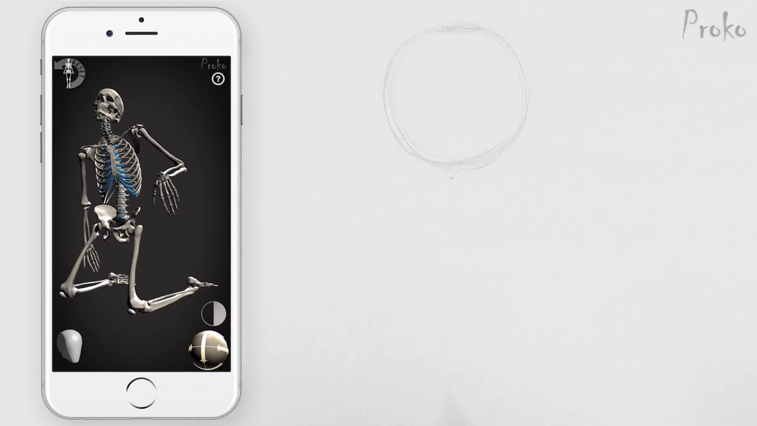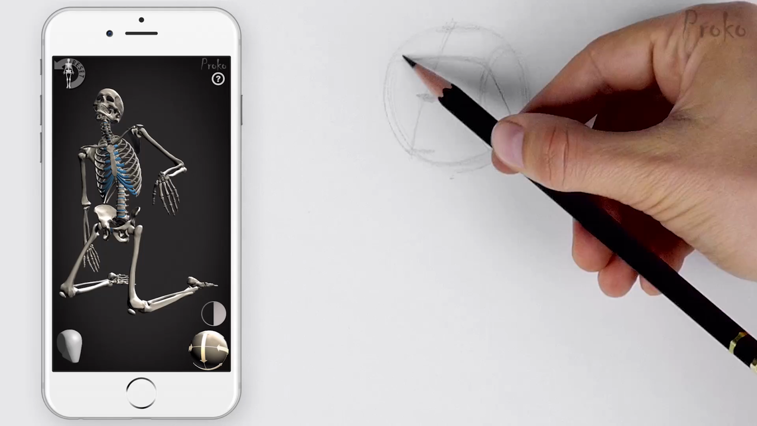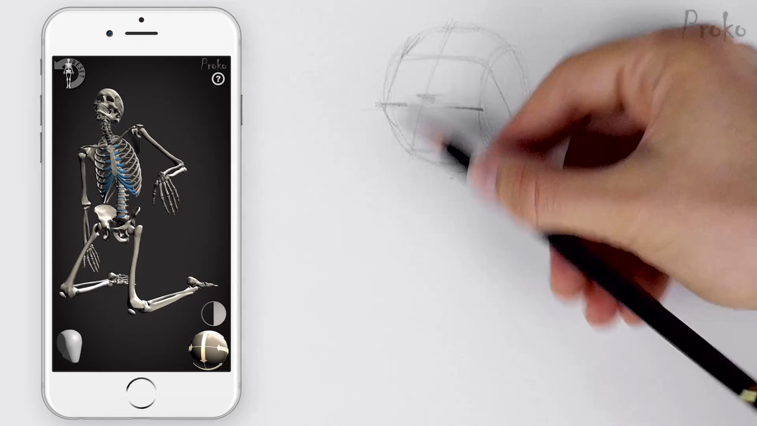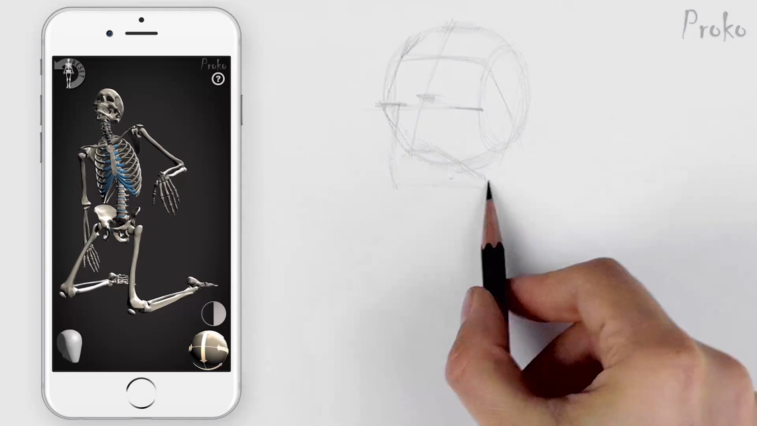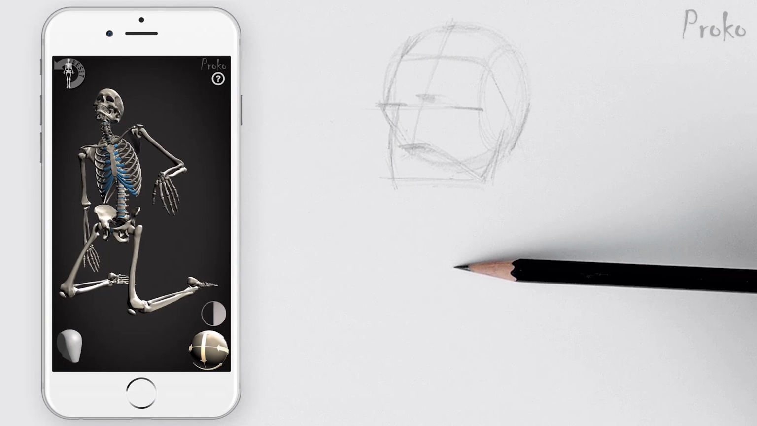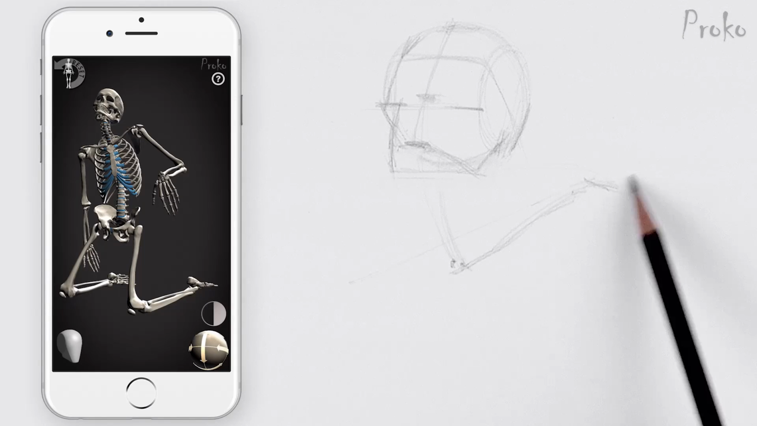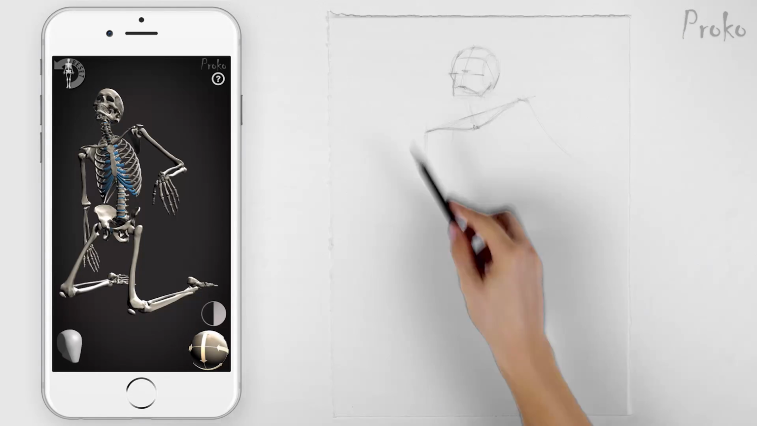Okay, let's start with a lay-in of the skeleton. Using the Loomis method, I'll construct the position of the head. The head is rotated up and to the right, so I want to make sure all these angles are in the right perspective. I'll continue down the body, making measurements for the placement and shape of the clavicles, rib cage,